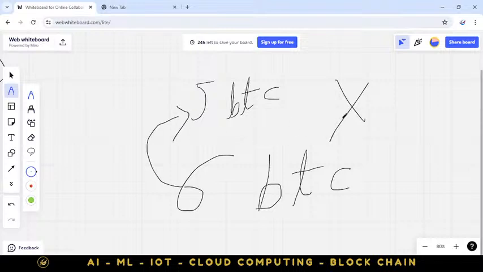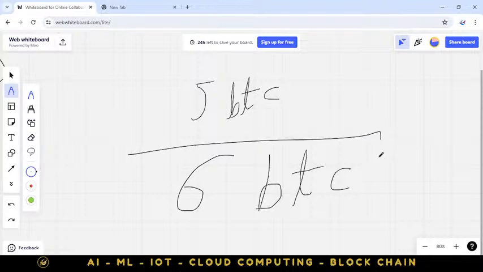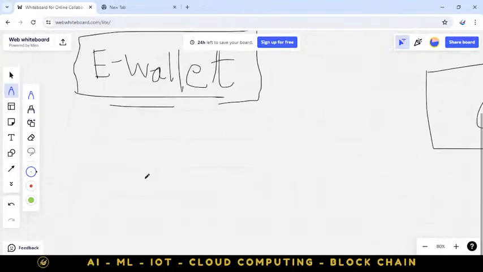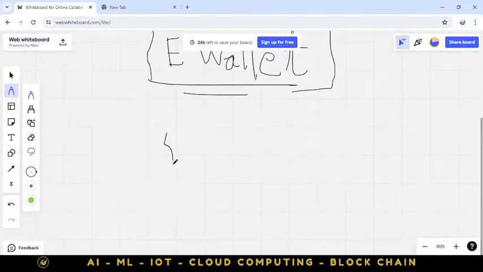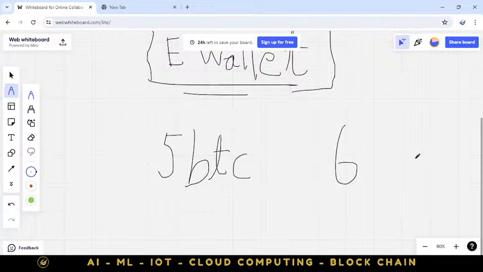Am I clear? So your e-wallet gives you a notification stating that you have only 5 bitcoins, so you can't send 6 bitcoins to your friend. Okay,